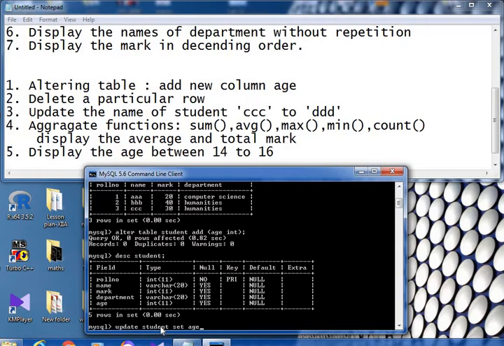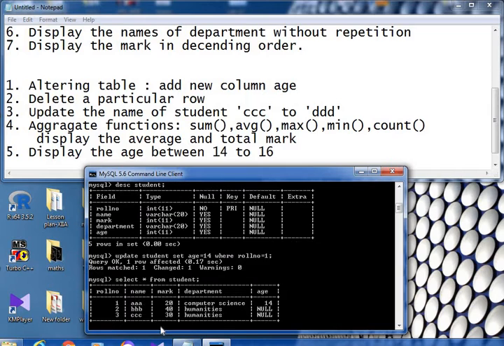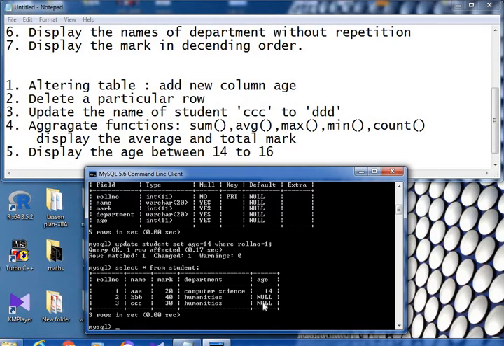Age equal to 14 where roll number equal to 1. So here the age is set to 14 for the student whose roll number is 1. You can show it using select star from student. Okay, the other two values are null.